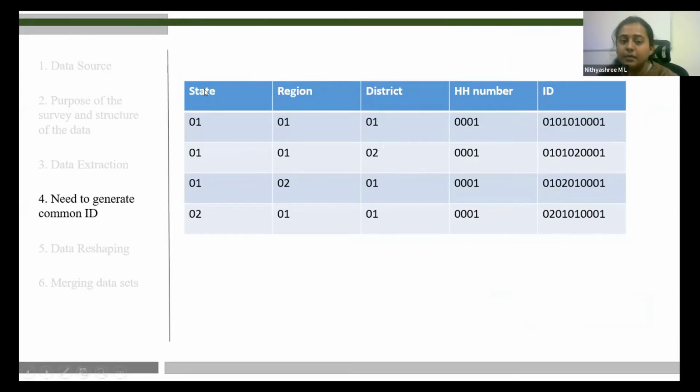So I have just kept the same information here so that you will have a feel. This is an example from NSSO data. This is the state, region, district, HH number. You are going to see the same kind of information in the NSSO data. You can notice here household number 1. All the household numbers are given 1, but they belong to different states. These 3 belong to the first state. The last one belongs to the second state. Again here there is a common 111. All the 3 households belong to the same state and the region also.